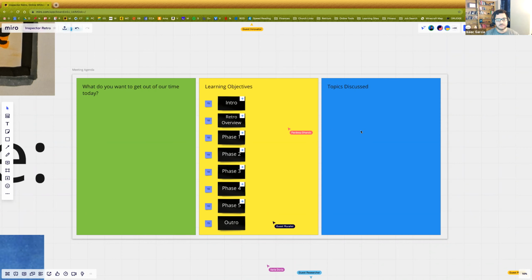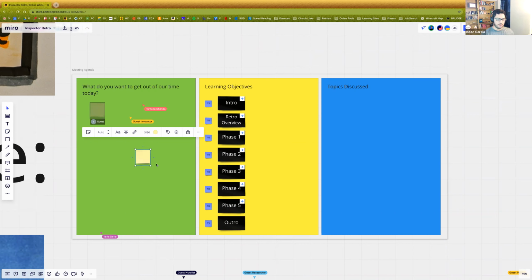So this meeting agenda, as you're getting used to the tool, I would love it if you want to drop a sticky note over here in the meeting agenda. And you say, well, how do I drop a sticky note? You can either hit the letter N on your keyboard, or over on your left-hand side, there is a button. Look at that, we've already got someone adding one. So you just click that button, you can pick your color, and you can add a sticky note just like this. You can put in your thought.